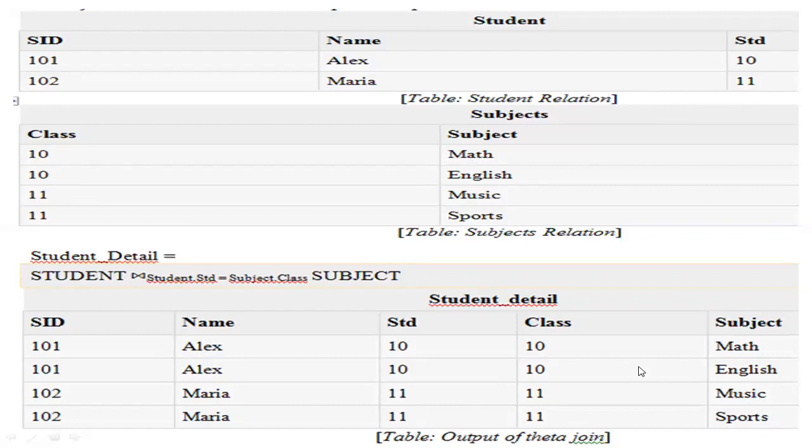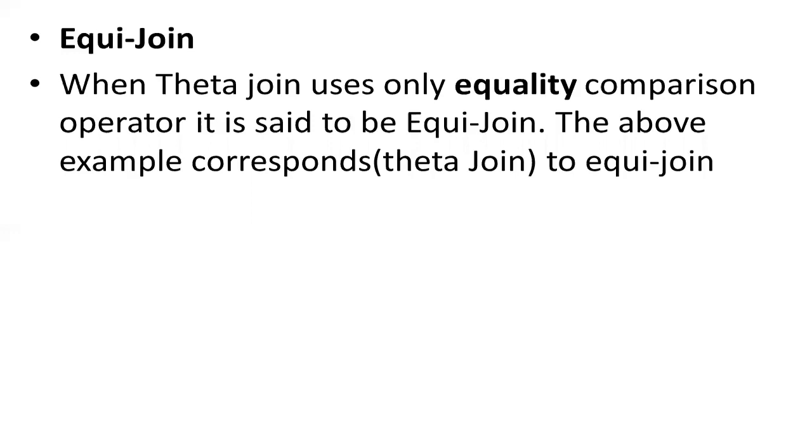You are just matching the equality between two different attributes present in both tables. Then, this is what the theta join is. The theta join usually uses only the equality comparison. Other than the comparison operators, if it uses only the equal sign, it is said to be an EQ join.